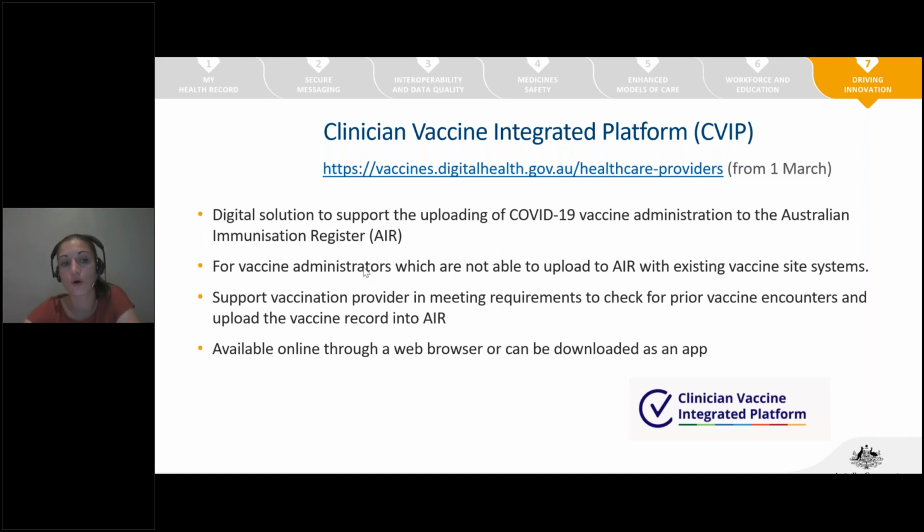There are options, or additional functionality, that CVIP does offer you in terms of meeting the requirements to check for previous vaccine encounters. You can actually view a patient's immunization history through the CVIP platform. You don't need to go into AIR to have a look at someone's previous immunization history. You don't need to get into their My Health Record to check it. You can do it through the platform, and of course it will support the upload of that vaccine record to